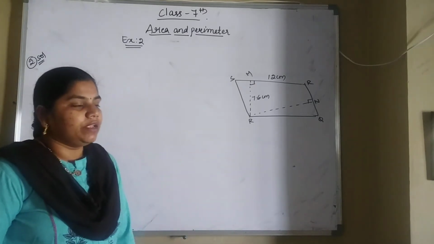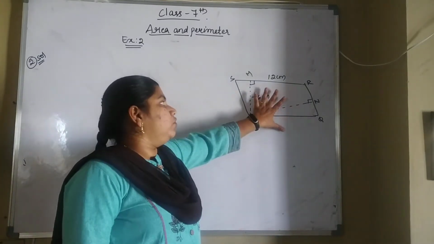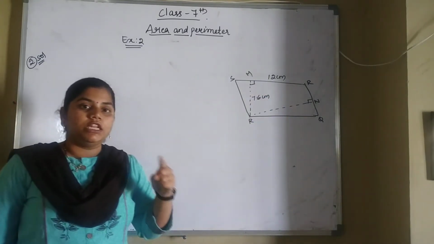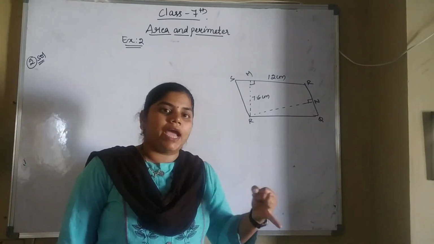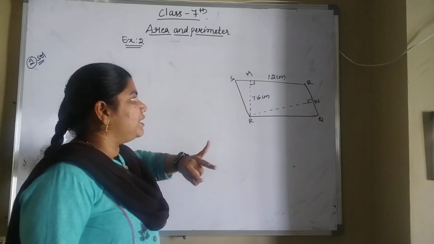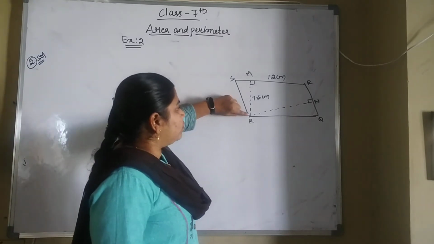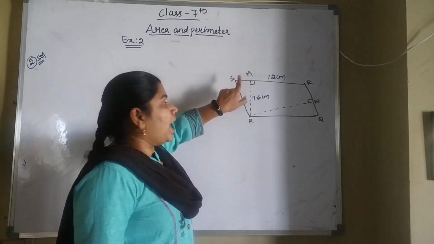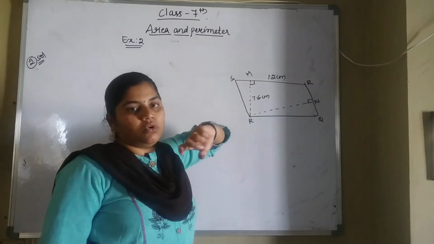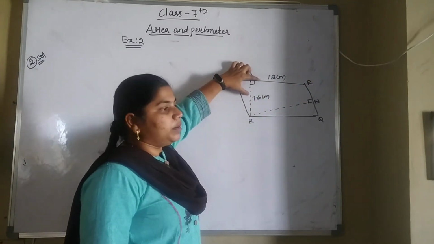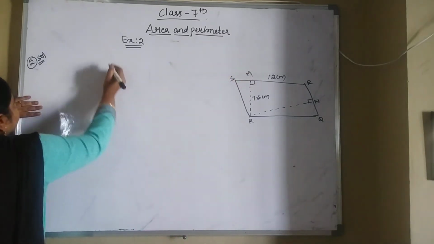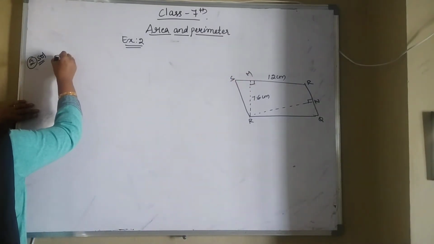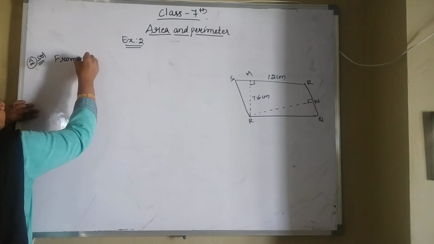So we have to find first the area of this parallelogram. So for finding the area of a parallelogram, you want the base value as well as the height value. So where you are seeing base and height values together. So this is a height value we know, and this is the base value that also we know. So by using these two measurements, we can find the area of a parallelogram. So now from the figure